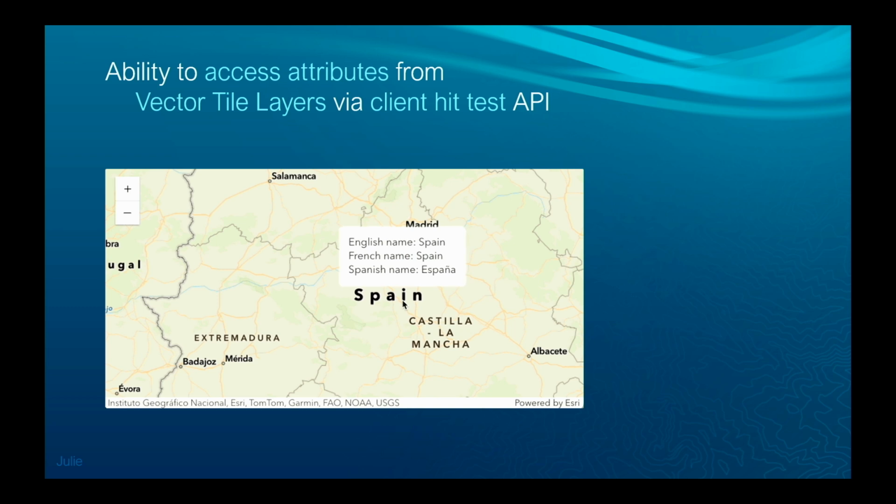It's not returning geometry. Some people building, for example, very simple applications have chosen to use vector tile layers, and you can use this approach to access the attributes. But I also want to caution you that as you add more and more data into those vector tile layers, you start bloating them, which can really impact performance. So I would always recommend that you test out your data, visualizing it as vector tile layers, and build in the interactivity you want if it's very minimal attributes that